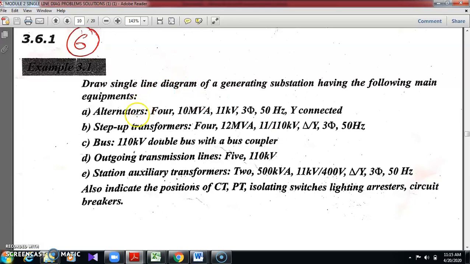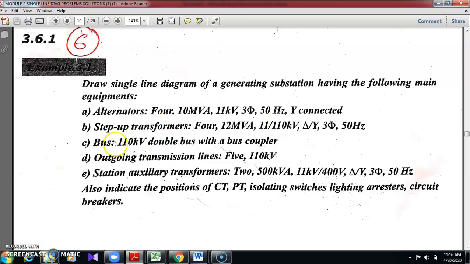Okay, so now let us start. See, alternators. What is the incoming line? There are 4 alternators, at 11 kV. That 11 kV is connected to the 11 kV bus bar. From the 11 kV bus bar, you have to use a step up transformer, 11 to 110 kV. I'm just telling the connection, but within this you have to use isolators, circuit breakers, these switchgear devices. Once you use the step up transformer, you get 110 kV.